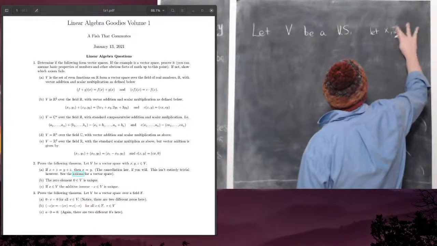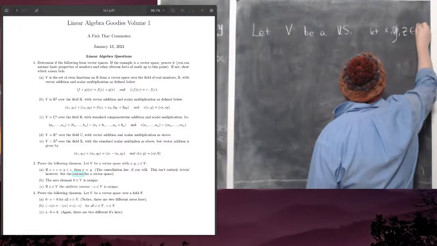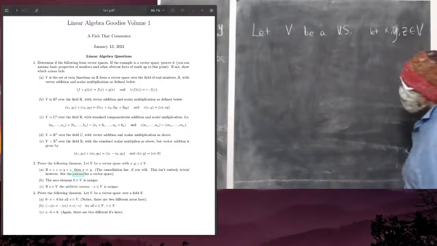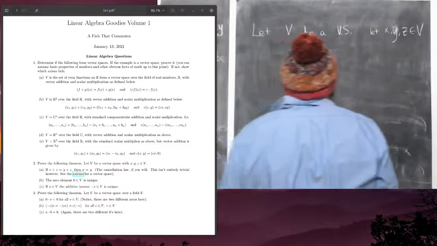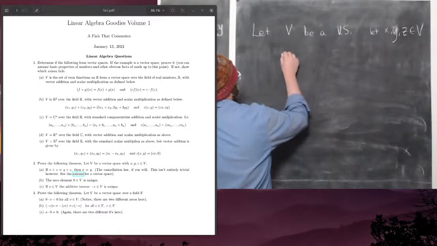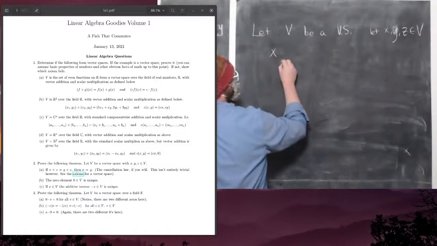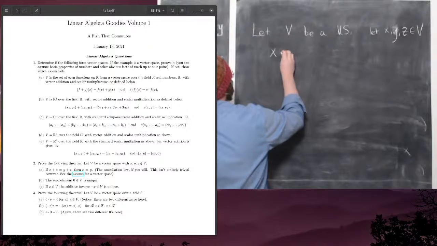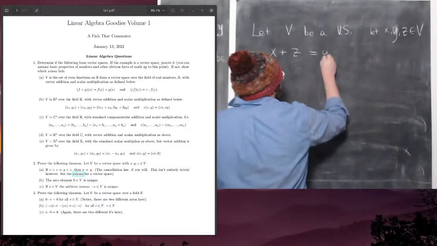So we'll take 3 vectors, and what do I need? Just that. So let's prove the cancellation law. I mean, this is almost trivial. So what that says is that, actually, it's not trivial. No, I take that back. So if we have x plus z equals y plus z,